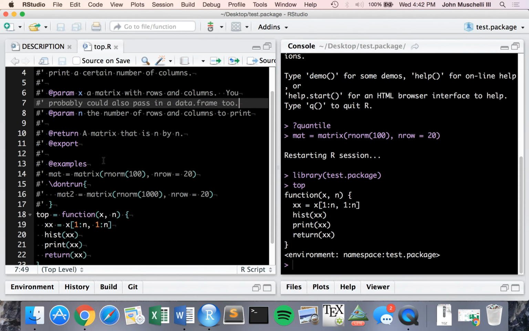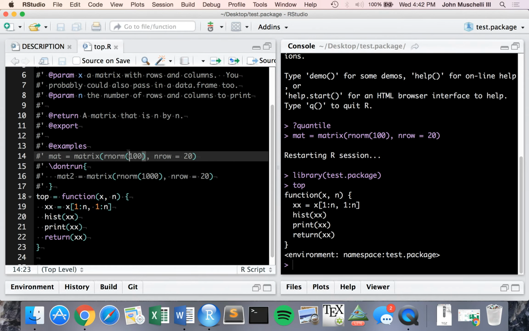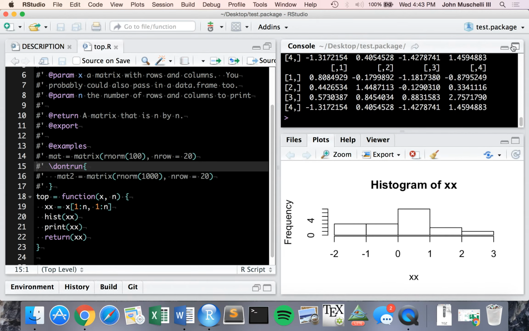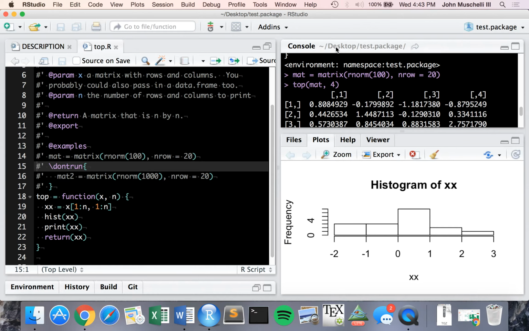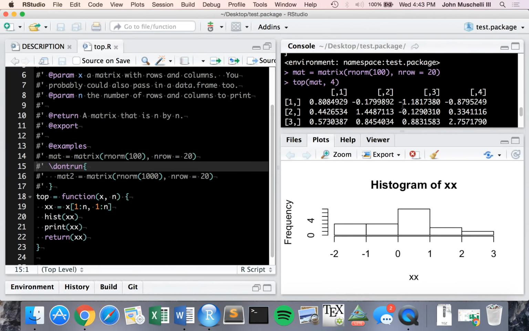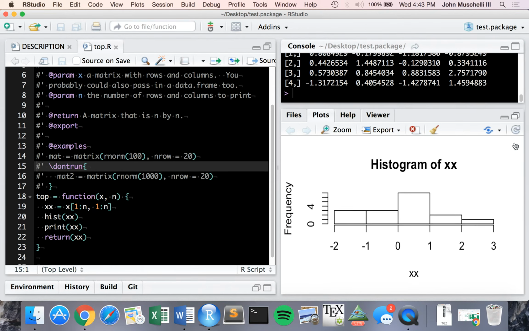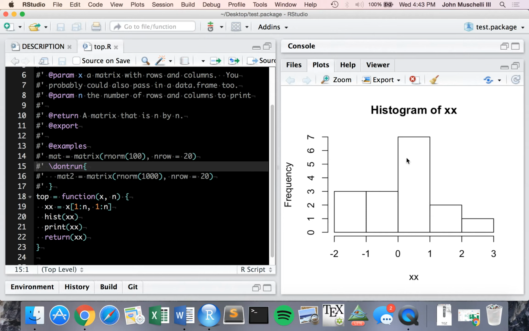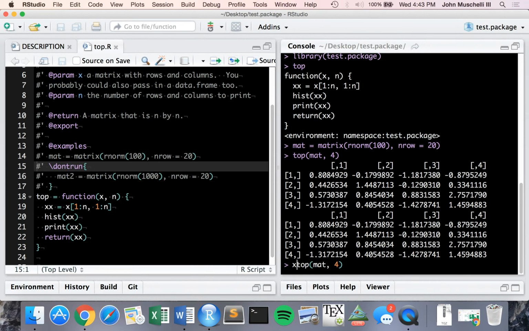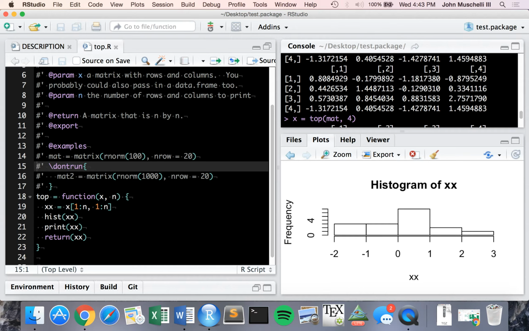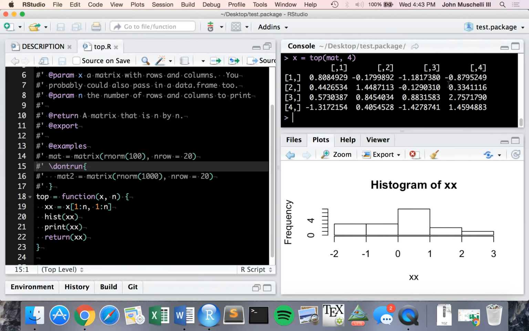So, again, this is an example. So top mat 4. What did it do? I wrote, again, x equals mat, n equals 4. It shows me the 4x4 top of that matrix, and it does a little histogram of there. And it also printed it out. Okay? But again, since we changed this around, I'm going to assign this to x. It does the exact same thing, right? But I want to show you that